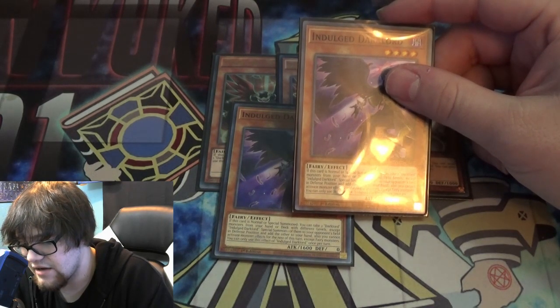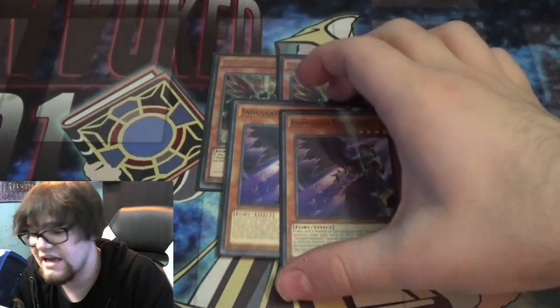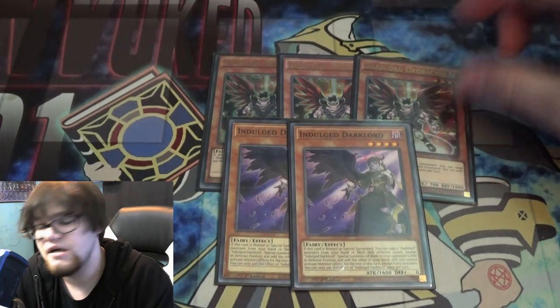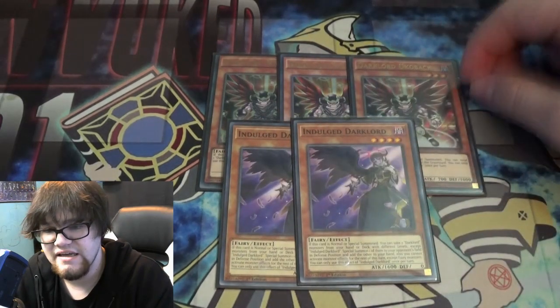Also, you can't activate monster effects for this turn except fairies. You can only use Indulged Darklord once per turn. Now, initially that sounds pretty bad, but there is a Darklord trap that lets you steal a monster. So one of the ways that I've kind of gotten around this is to normal summon this, give your opponent